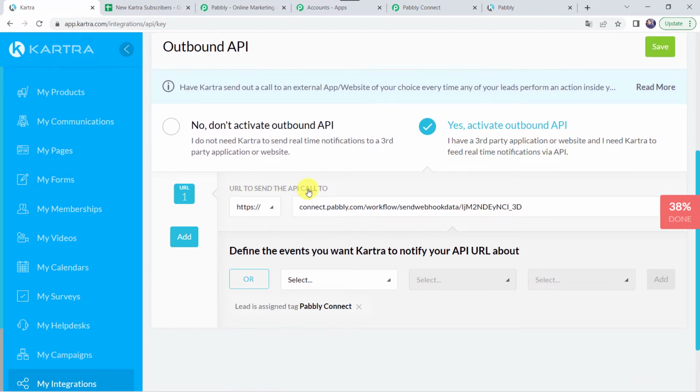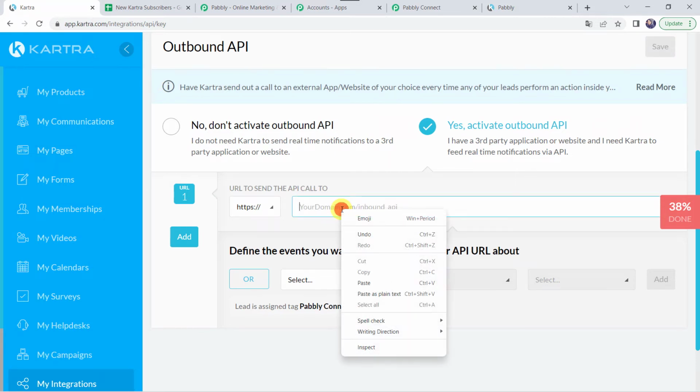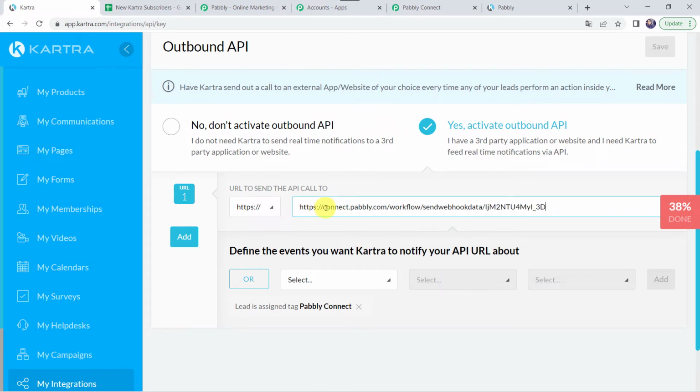Now it is asking for the URL to send the API call to. So here I'm just going to remove this particular data, this webhook URL, and we will be pasting our webhook URL which we have copied from Pabbly Connect. And from here I'm just going to remove this https:// and from the drop down we are going to select the slashes. Okay, https://